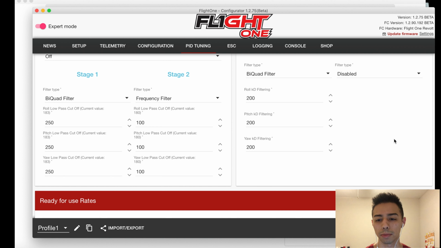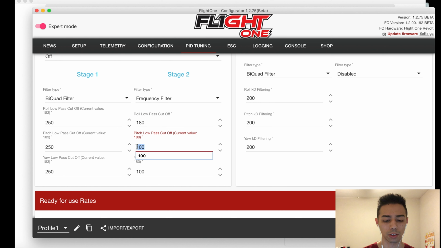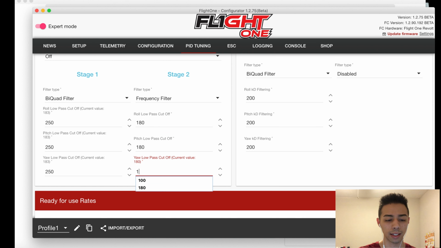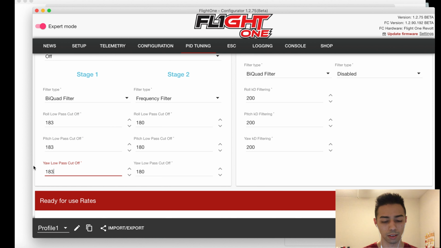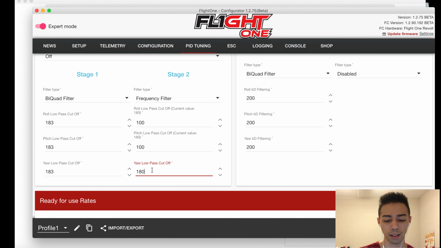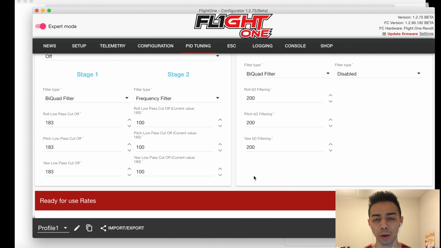Now, I just updated to the latest beta 1.2.90, and that allowed me to actually get a log with a frequency filter at 180 and these filters at 183. So honestly, if I were you, I would start at 100 just to be safe. Make sure you don't smoke any motors, and that will more than likely allow you to get a proper log